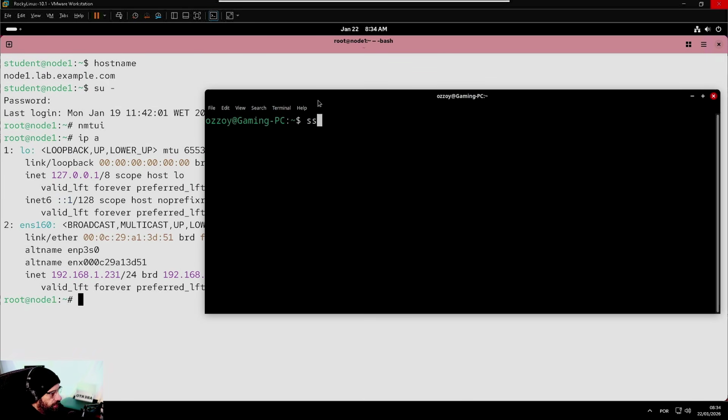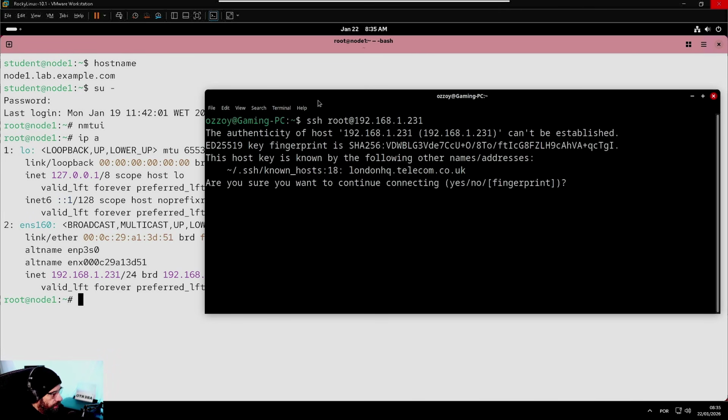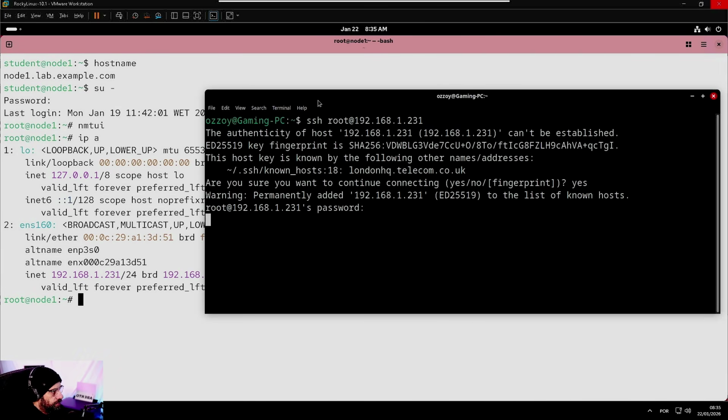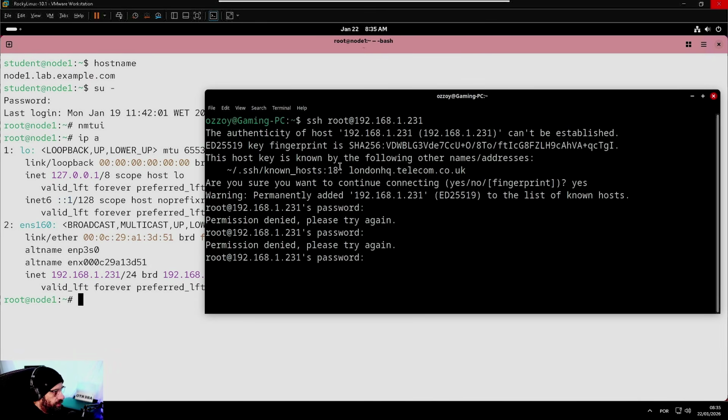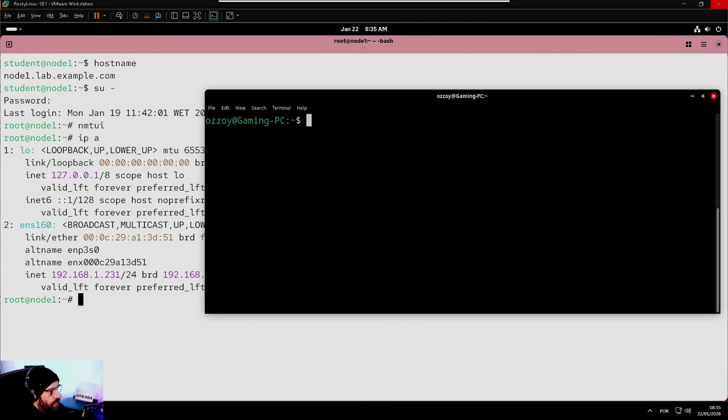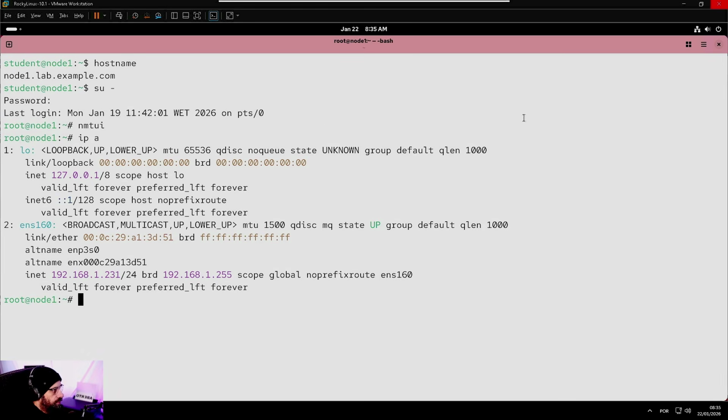And I'll try to do SSH. Let's do root at 192.168.1.231. I say yes. I type in the password that I know is correct. And you just get denied because, as you know, root access is not enabled by default through SSH nowadays, which is a good thing. Now, going back to the physical console of your machine, of your workstation node or whatever they call it,